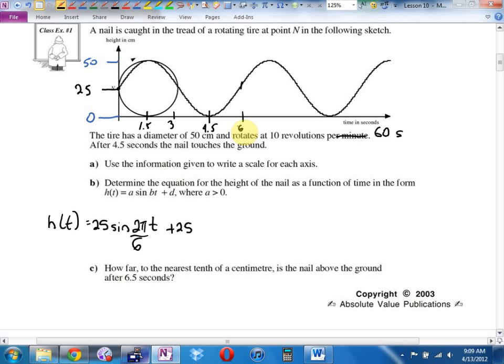On your test, I'll give you some kind of a word problem, find the equation, and then almost always part B and part C will be asking you to do something. And Caitlin, you know what I'll ask you to do? I'll either give you a y value and say find the x value, send the y value shooting across, intersection, or I'll give you the x value and say find the y value, trace. Regardless, let's get out our graphing calculator, because part C says, okay,